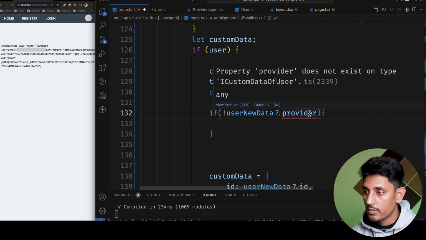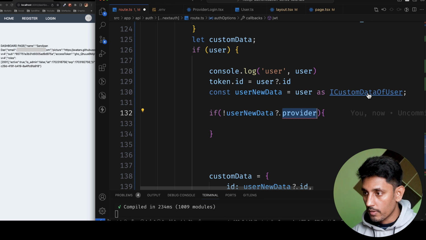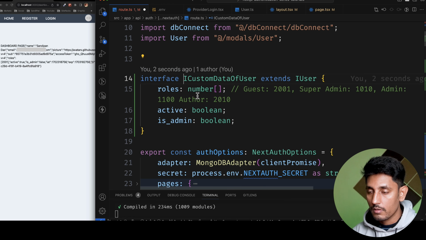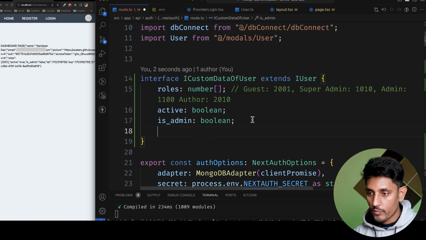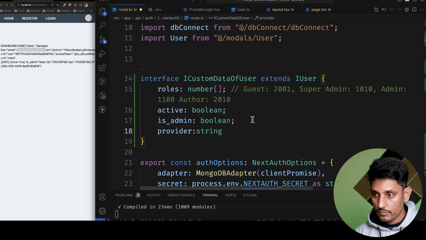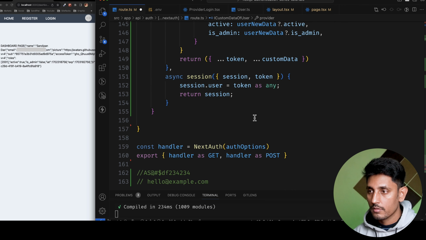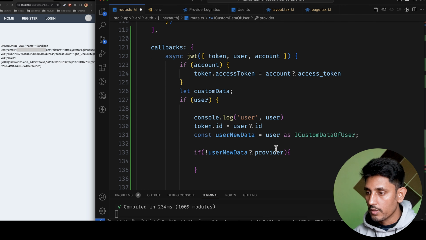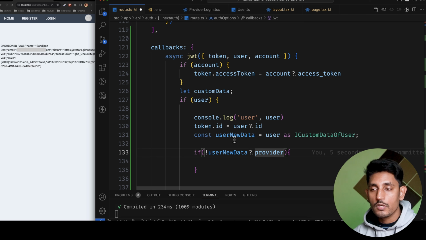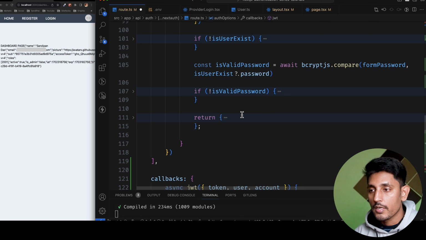Okay, so we have to add the provider to our interface. The provider type should be string. Okay, so here you can see, I'm sorry, yeah, the error is gone. If the provider is not found, I mean when someone comes with the credential type of login,